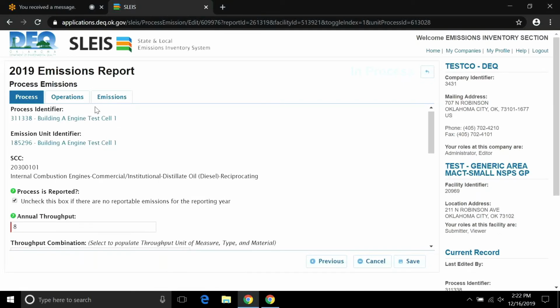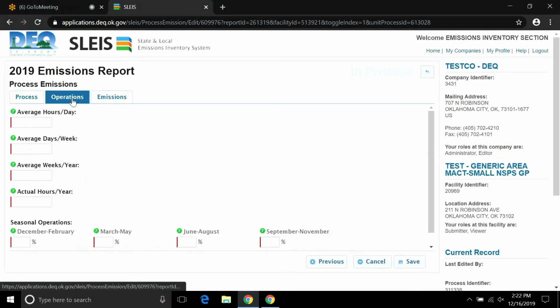Now I'm going to go to operations. We work in, let's see, 7, 8, 5, 52. Now, as I tab through these fields, you can see that the actual hours per year are automatically calculated based on the values I put in for days, weeks, and year. If I were to type in 24 hours a day, 7 days a week, 52 weeks a year, it's going to